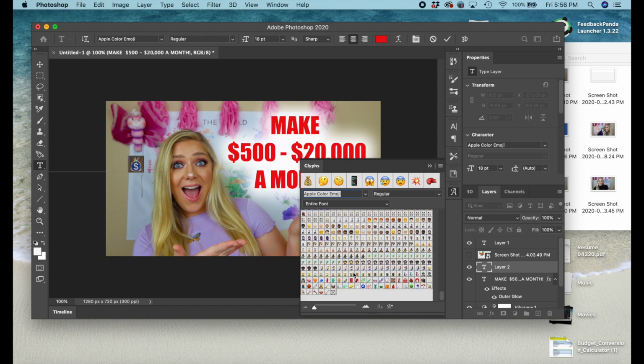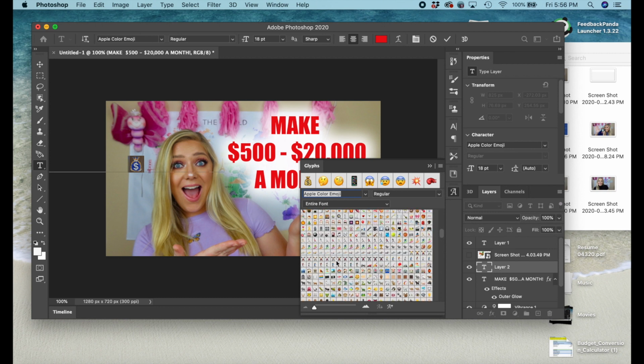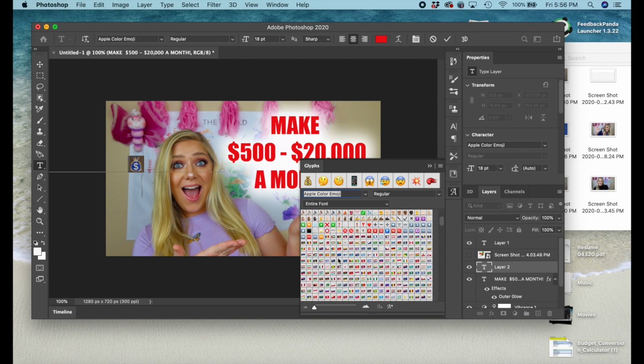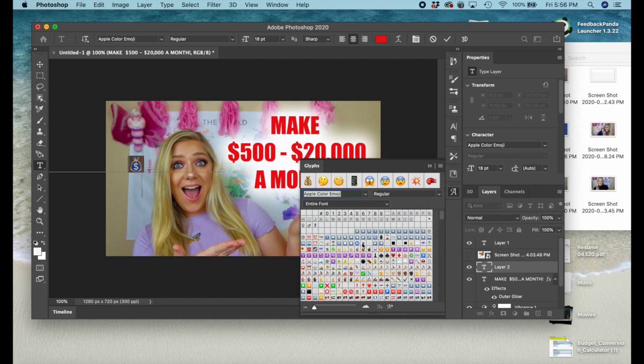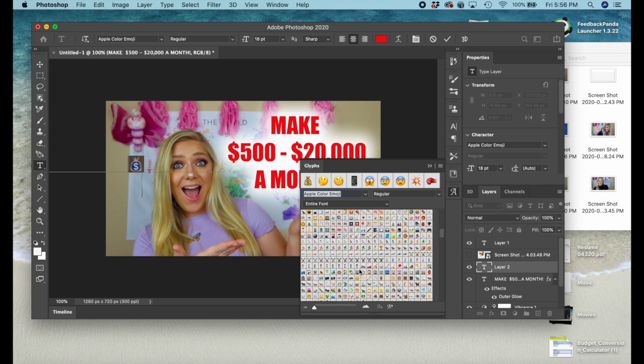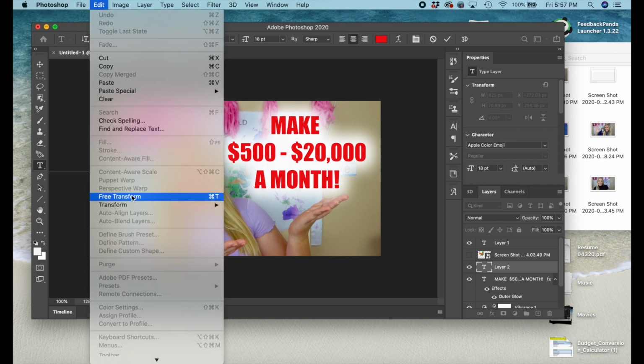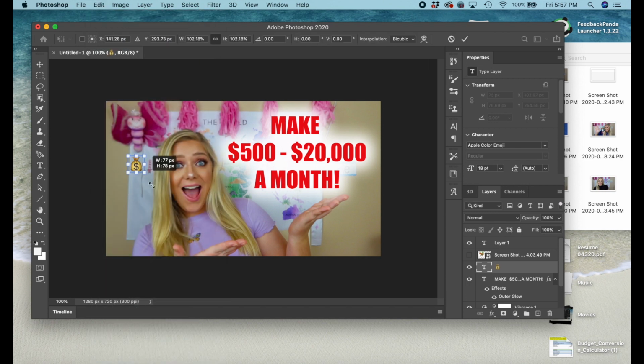Usually small, I'm able to pick out which emojis I want, but sometimes they hide, or the faces aren't all with the faces, so it can be a little tricky. Like, see, there's two faces right there, but not with the other faces. It doesn't make sense. But anyway, then I'm going to hit free transform so I can move it around, put